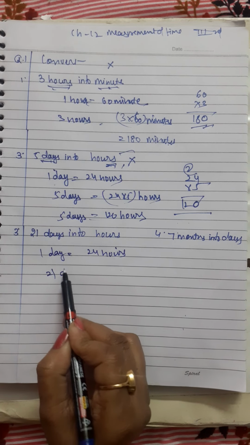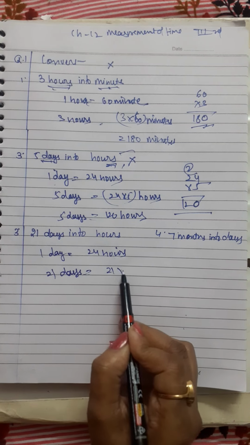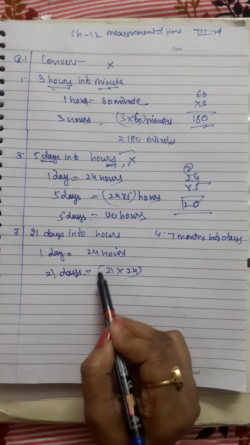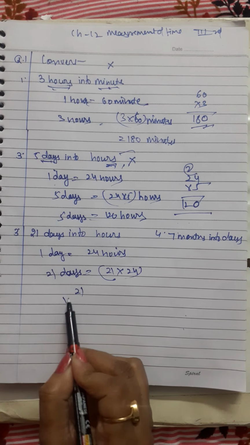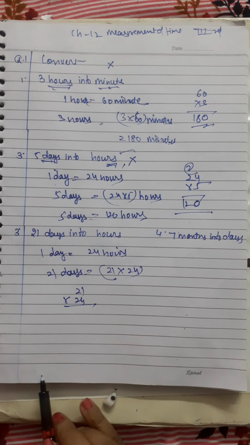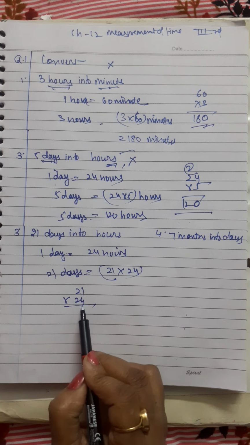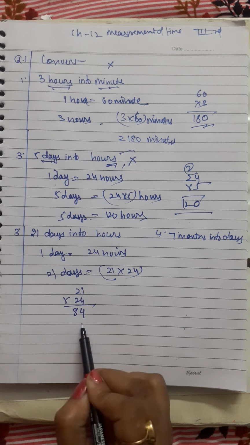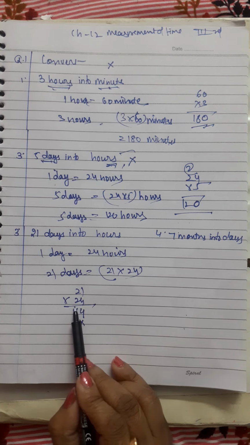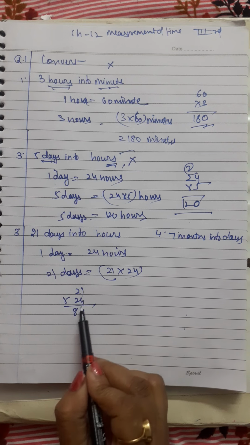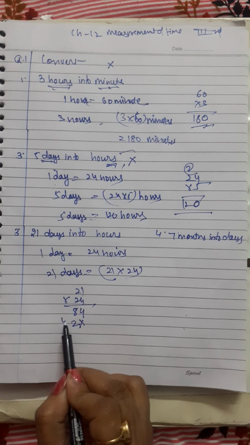What is to convert? 21 days. Days को hours में change करना है. We have to multiply 21 by the 24 because one day having 24 hours. So 21 to be multiplied by the 24. 4 का table, 1 में 4 1s are 4. Take table of 4, 2 times. 4 2s are 8. Now put a cross below the first digit. Now we have to take table of 2, 1 time. Now we will multiply both of the number by the 2. 2 1s are 2 and 2 2s are 4.